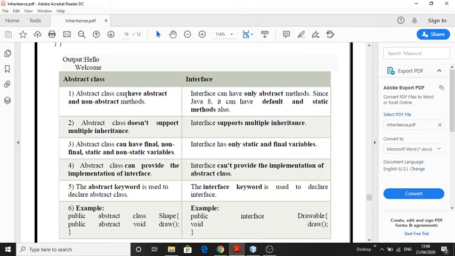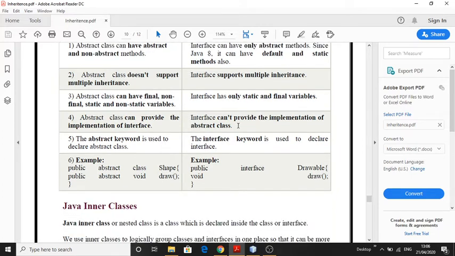There is a difference between an abstract class and an interface. An abstract class can have abstract methods as well as non-abstract methods, while in an interface all the methods are abstract by default. An abstract class doesn't support multiple inheritance. One of the reasons the interface was included in Java is that it supports multiple inheritance.